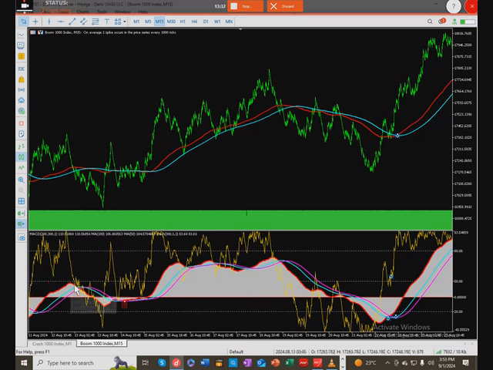Let me check around here. We'll see here. You see, the cross happened here, and the MACD signal also crossed the two moving averages, and that's where we took our sell. Now, the main problem on this part,